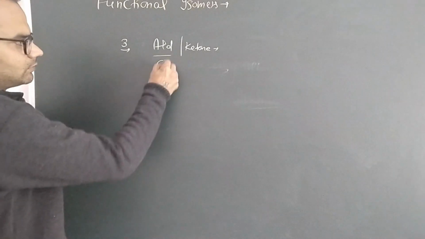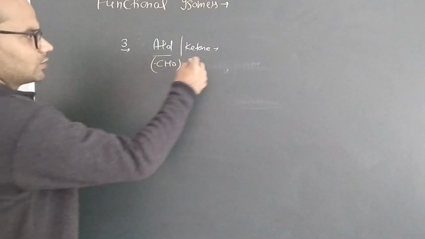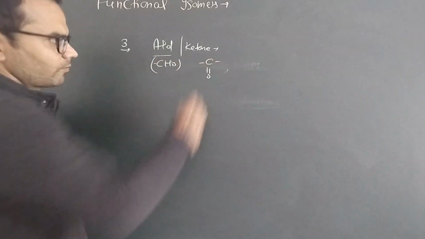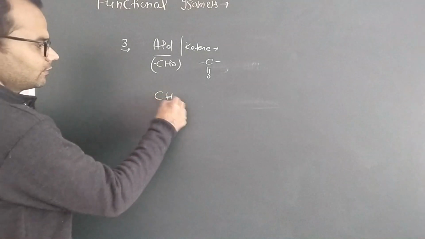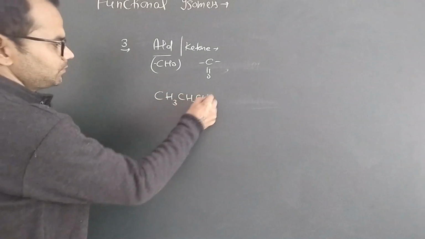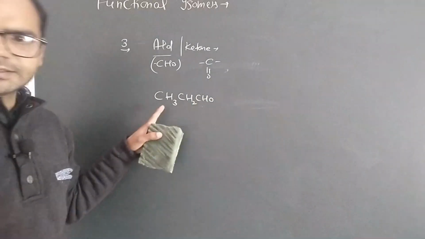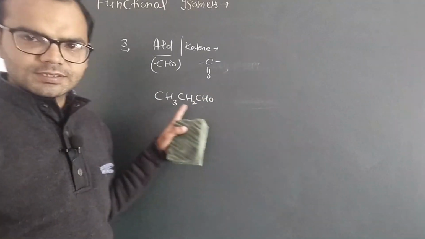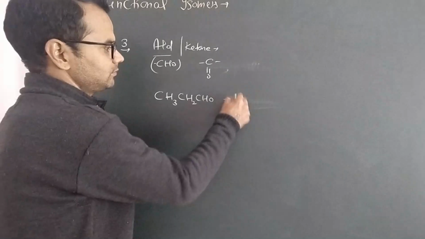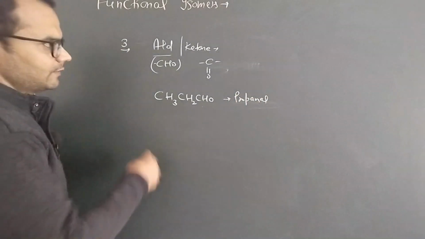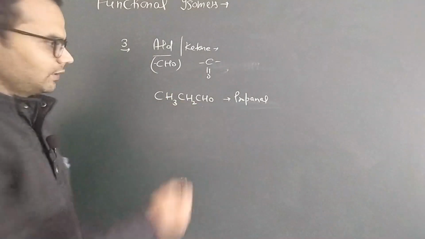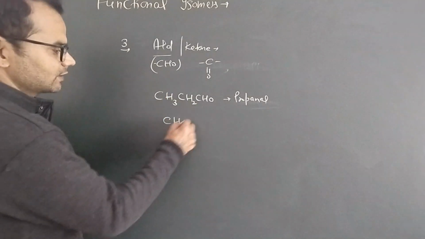The aldehyde group is CHO and the ketone has a carbonyl group. If we have a 3 carbon aldehyde, CH3CH2CHO, this is propanal. But if we represent a 3 carbon ketone, then the structure will be